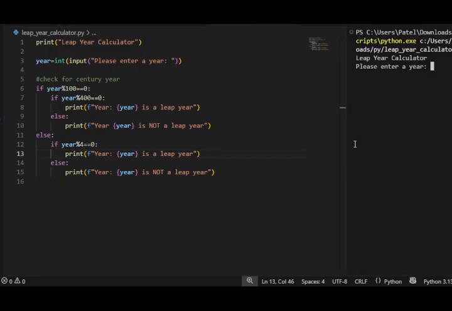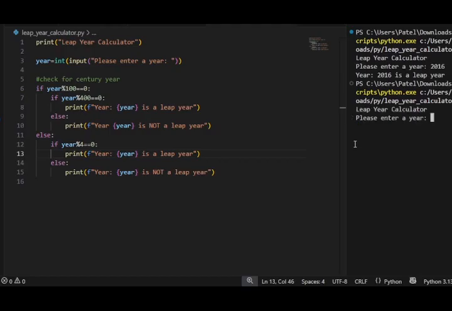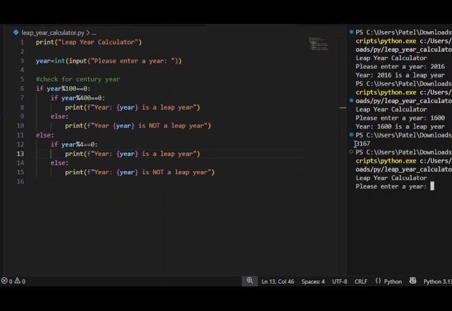The program asks us to enter a year. I will enter 2016. Yes, 2016 is a leap year. Next we will check whether 1600 is a leap year. Yes, it is a leap year. And we will check for the future. We will check whether 3167 is a leap year or not. No, it's not a leap year. So our program is working